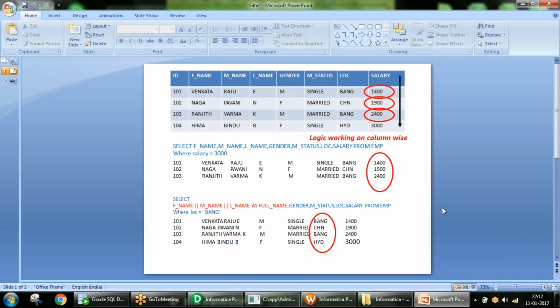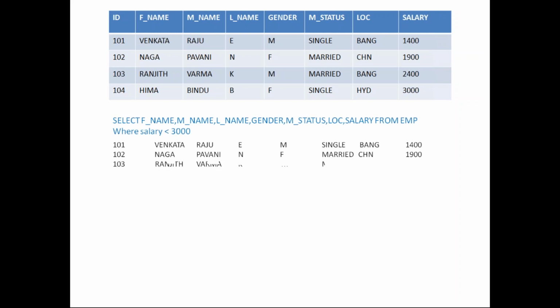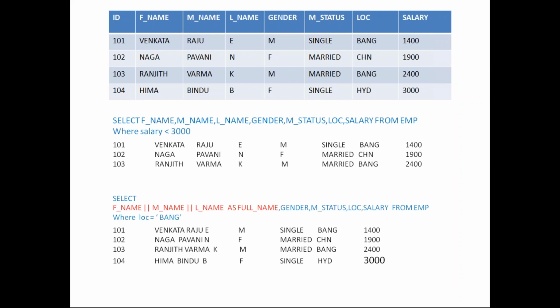You are executing a mapping, right? Normally, let's say this is your source table data. When you are querying, let's say you write a query like select star from the EMP table where salary is less than 3,000, or select some columns from the EMP table, or we'll discuss this later.